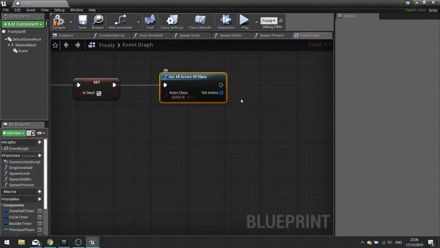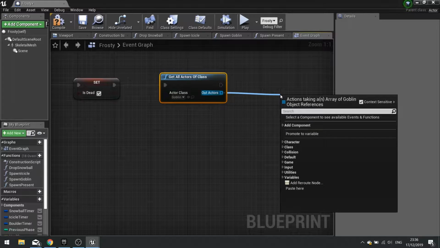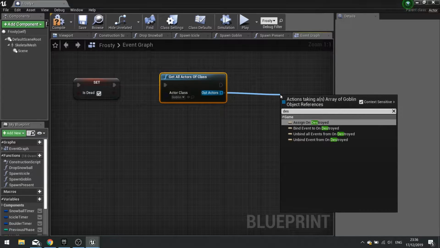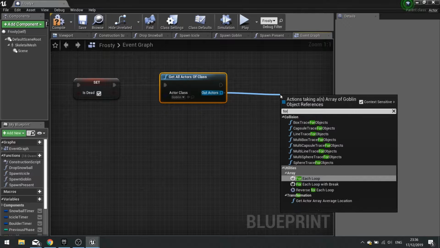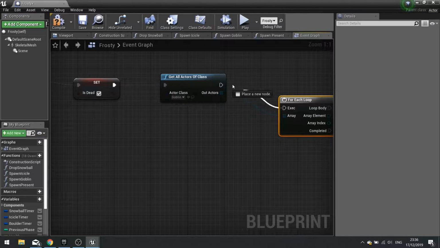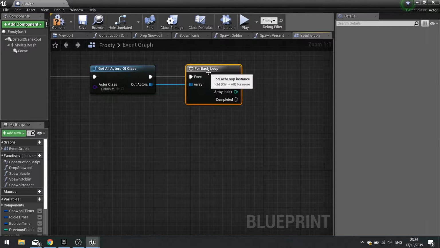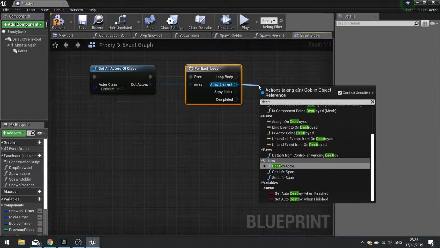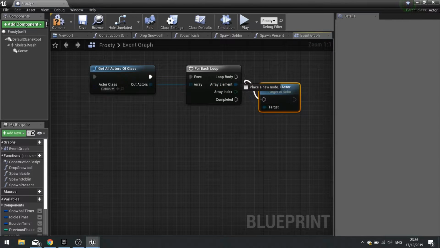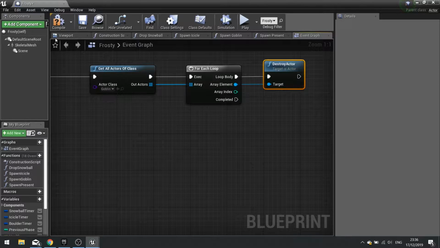And the goblins, we're going to make them all die if they're still alive. So out actor here, we'll take them to disappear here. Oh, sorry, for each loop. Destroy actor. Okay, so all the goblins will be destroyed at the end of the battle.